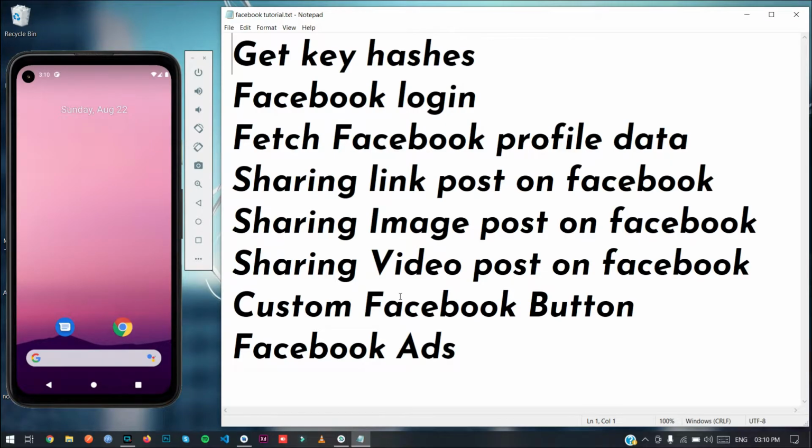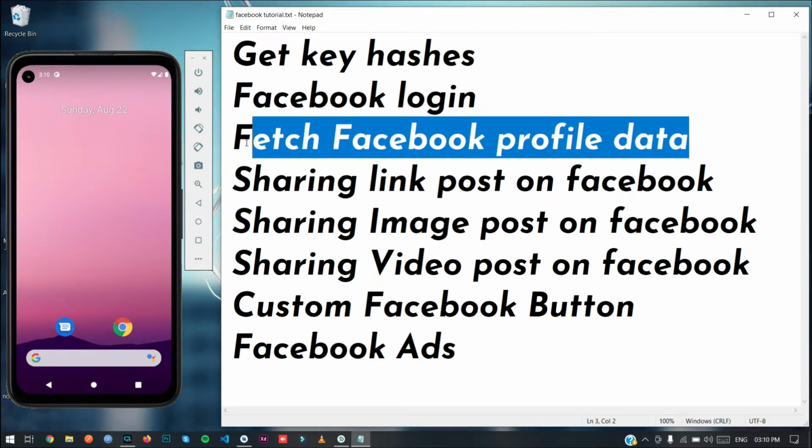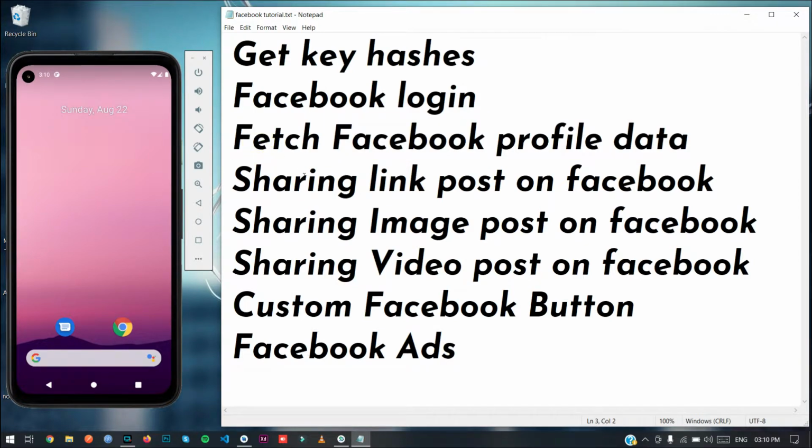Hello guys, this is Mickey Faisal and today we will talk about how you can fetch data from Facebook. I mean your Facebook profile data in Android Studio, as we have already talked